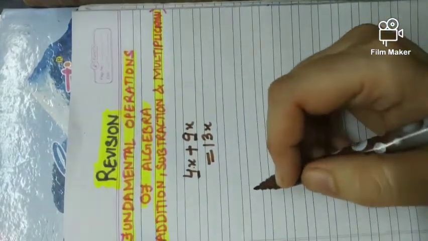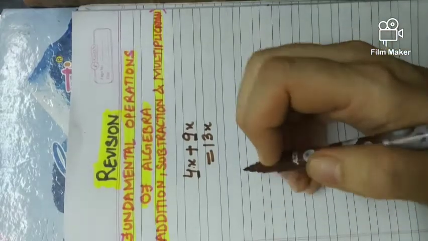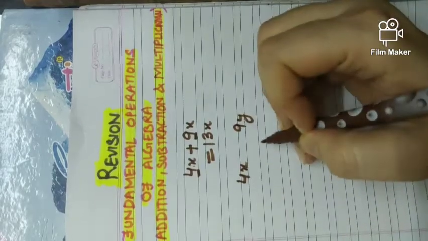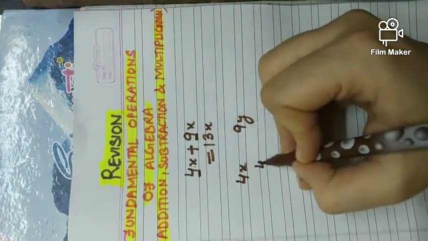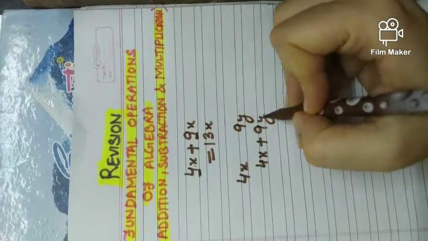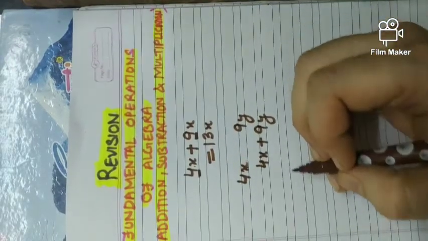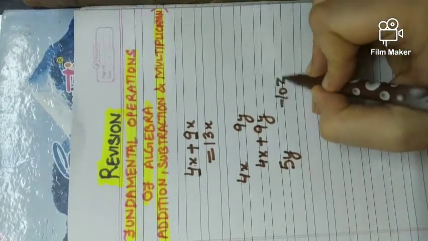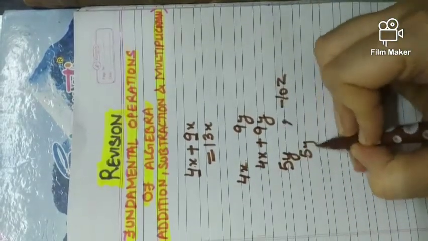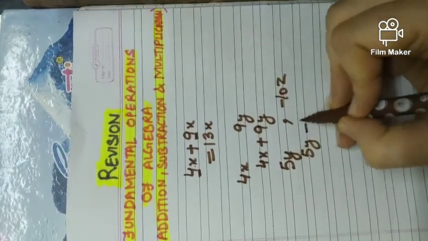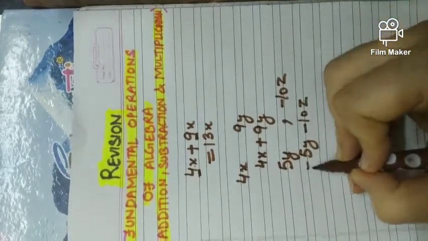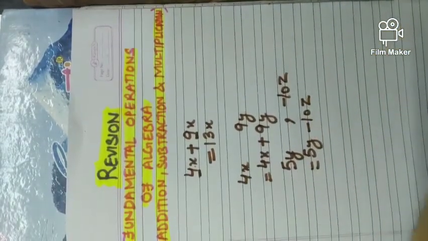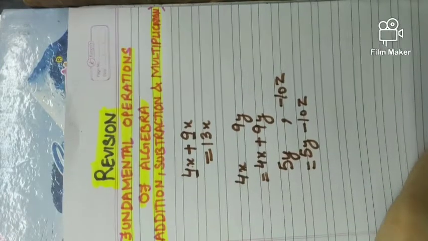Okay. One more example. If I have unlike terms like 4x and 9y, because x can't be added to y, so what will be there? Simply write 4x plus 9y. I hope it is clear. Suppose one more example, 5y minus 10z. Plus minus 10z, plus minus will be minus 10z. So as it is, it will be written. Okay beta, this way I have told you how to add the like and unlike terms.